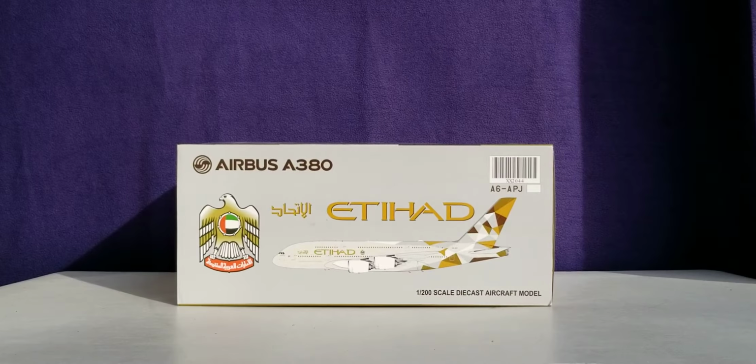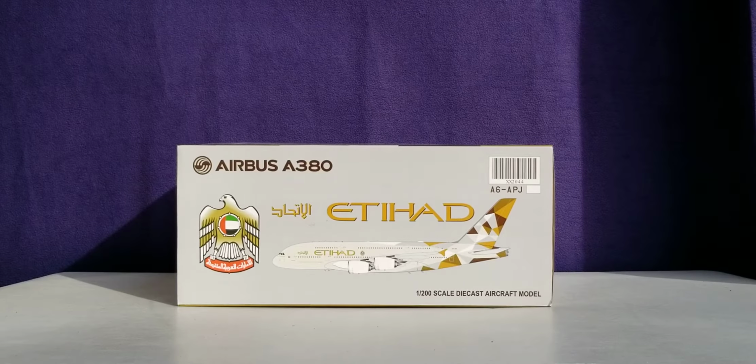Now you're looking at the top of the box. What you see is the aircraft type, the airline's logo, the Arabic inscripted writing, the Etihad title, the computer generated picture of the aircraft, the 1/200 scale die-cast aircraft model information, as well as the registration ship number. My guess is that's a future release that JC Wings is going to release later on, and I can tell you right now that was their very last Airbus A380 to actually enter their fleet. I will be getting that one as well when they finally release it. Alright,